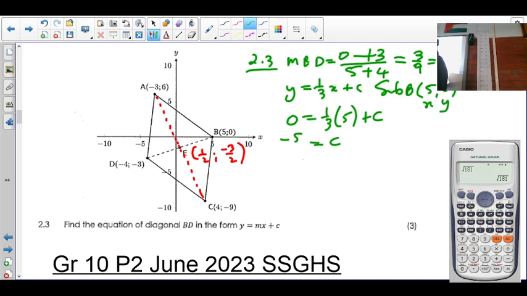So that's negative 5 over 3. So y is equal to